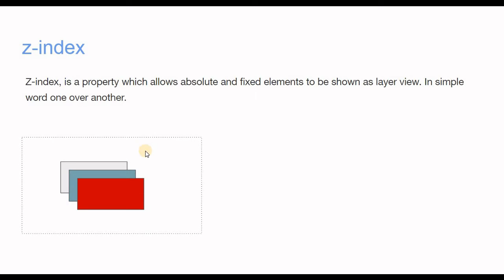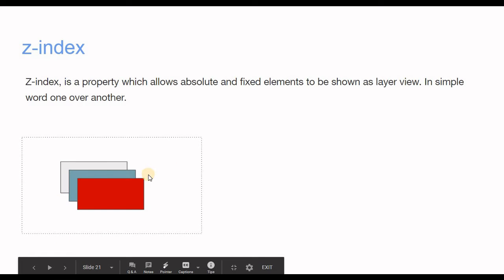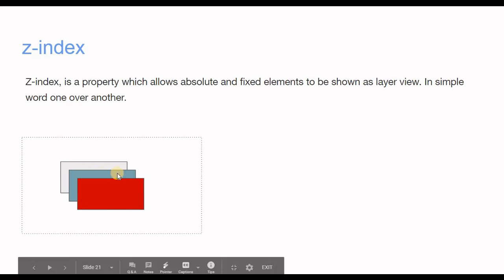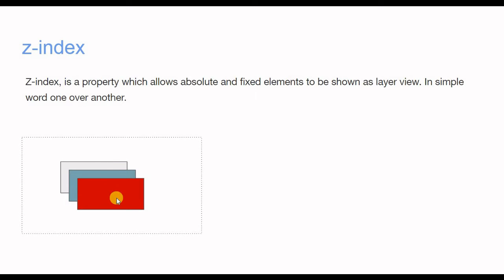So what is the perfect or correct position of elements? Let's see this picture. Here you are seeing 3 boxes with 3 different colors. Now in HTML, what I have done, I have written the code of this white or gray box first, and then I have written another div code right after that with this green color, and finally in the last line we have written another code which is the red box.